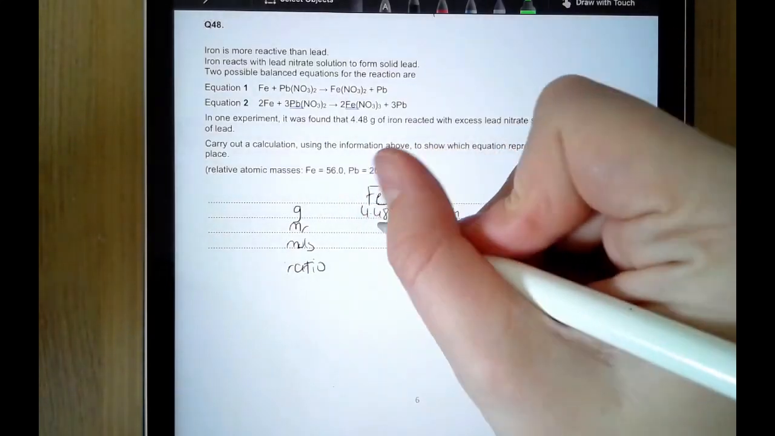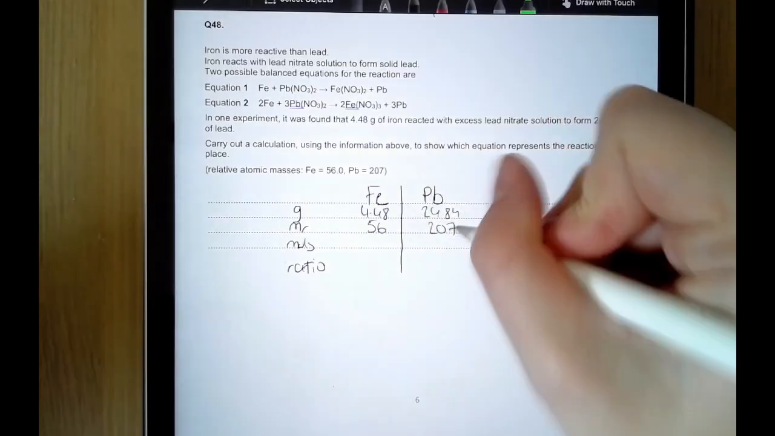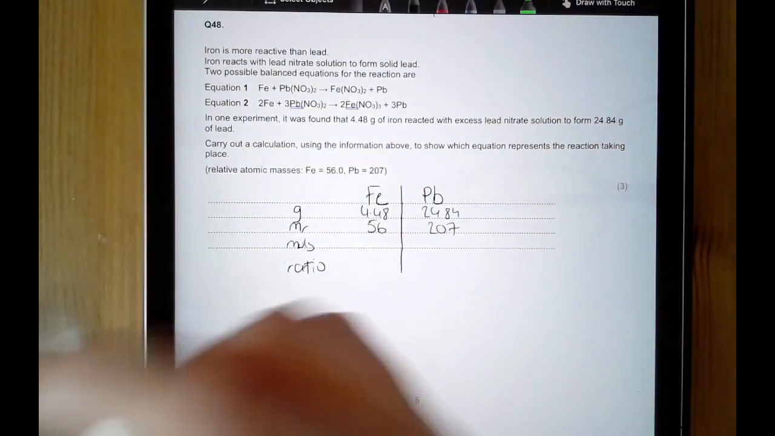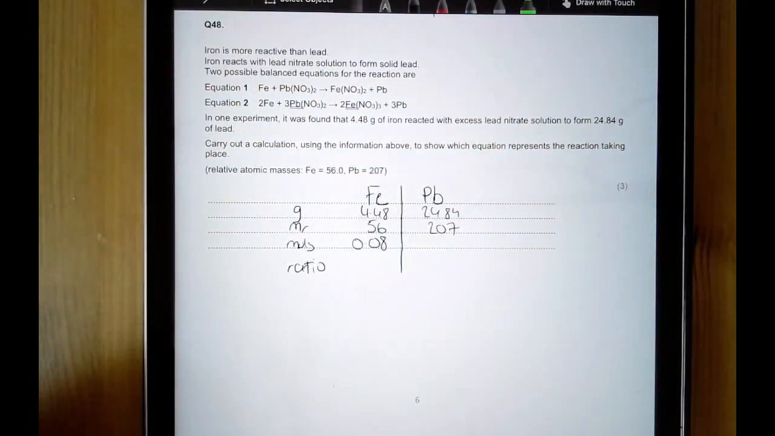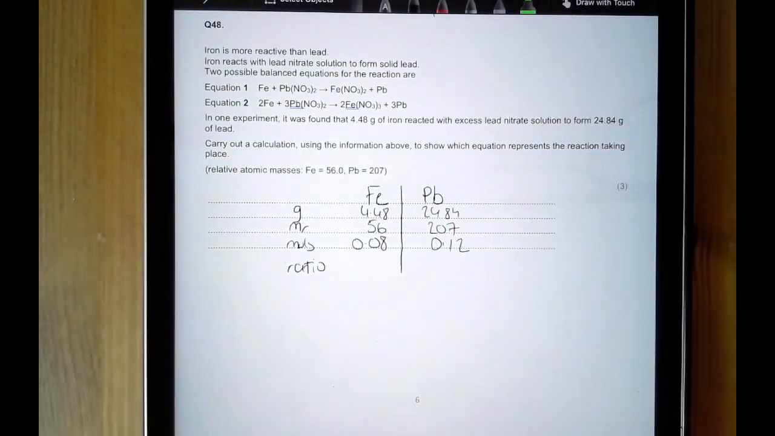So Mr for Fe is 56 and for lead it's 207. And then all I need to do is divide to find moles. So for iron it's 0.08. For lead, 207 gives 0.12. So when I've found out moles, what I need to do is get them into a simple